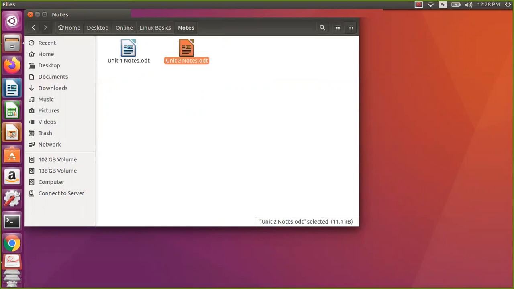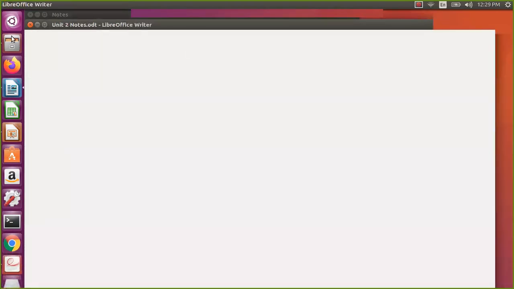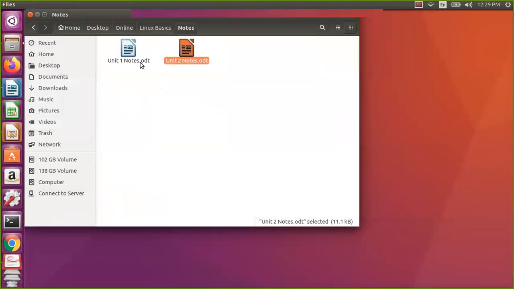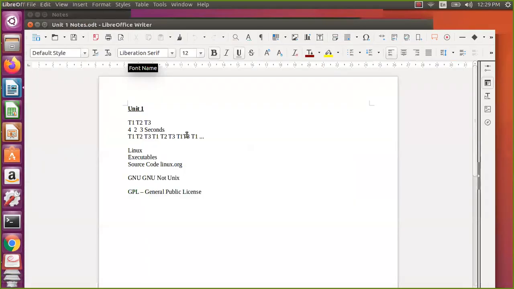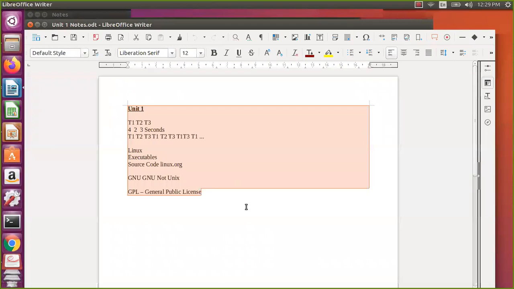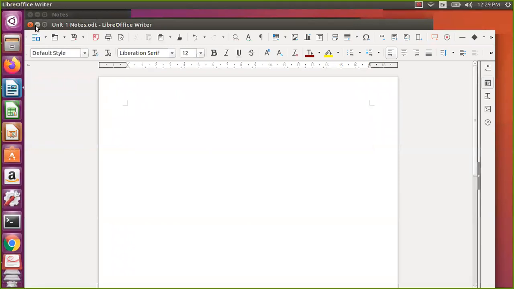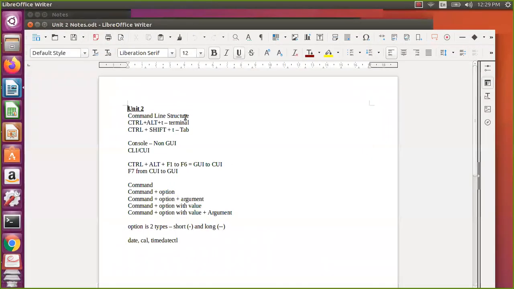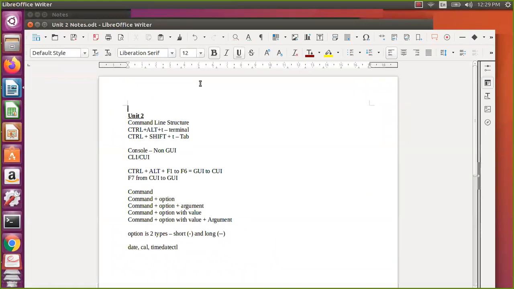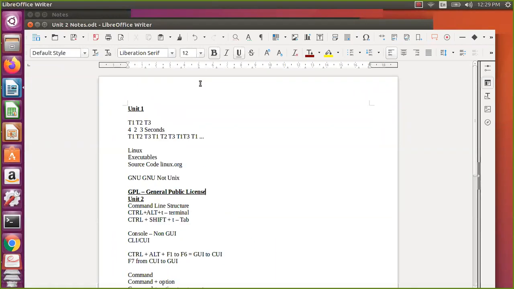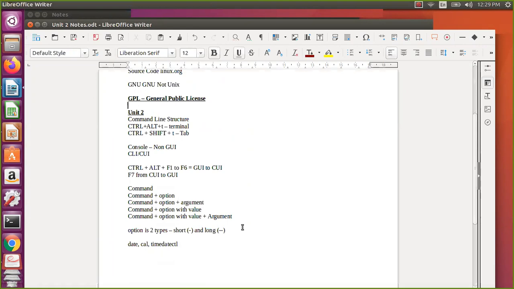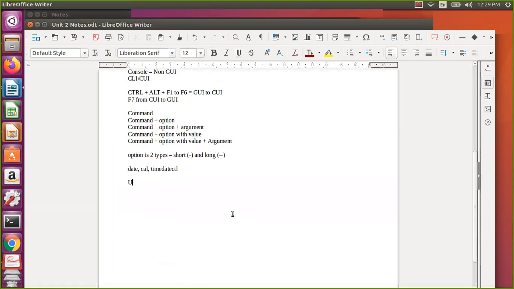So what I will do is I will open these notes and I will copy this or cut it and open this, so that we have all notes in one place. Okay, so now I'll say unit 3.